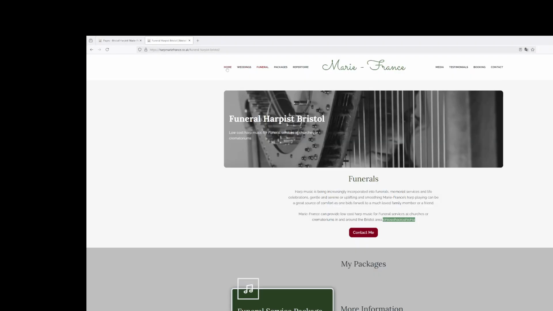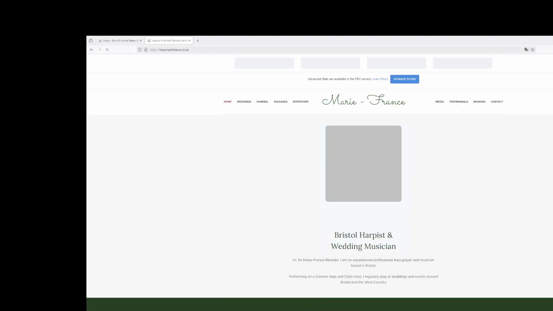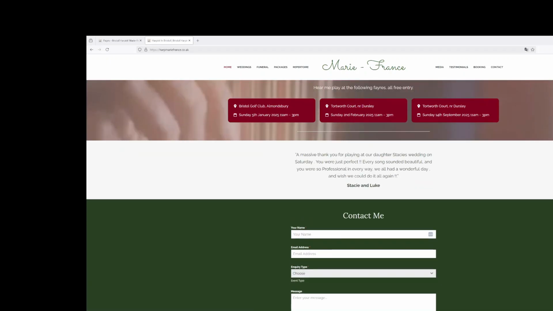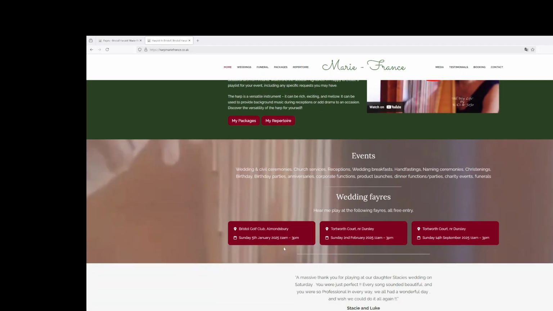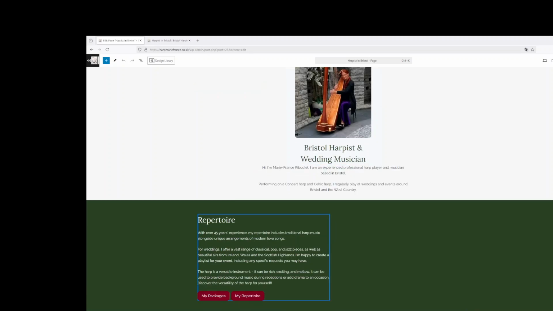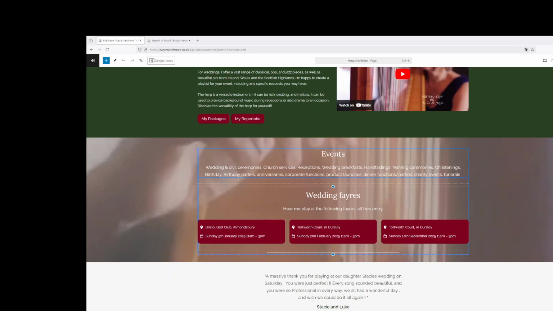If we go back to the front page again, and we'll have a look down here. Now, down the bottom section here, you see these things here, that is your wedding fairs. Come and see you playing at different events. And that's the home page, and that section appears on a couple of pages, actually. But let's have a look at the home page. If we go in there, you'll see that as we go down the page,